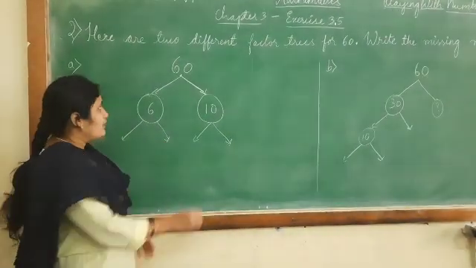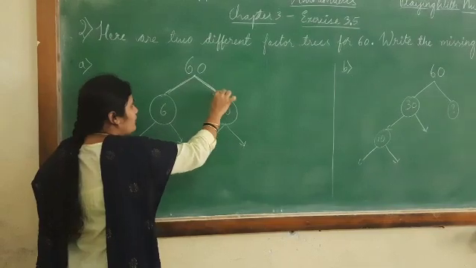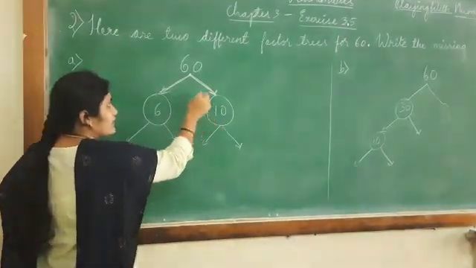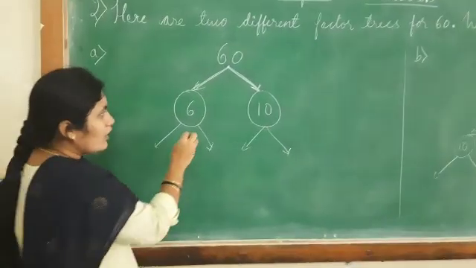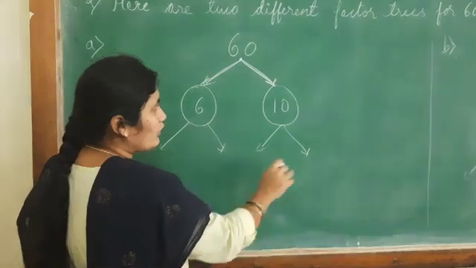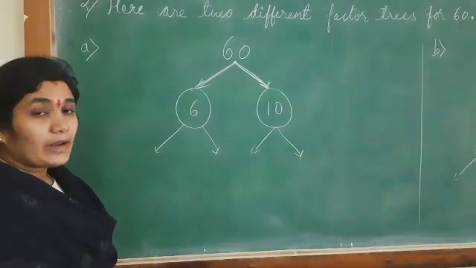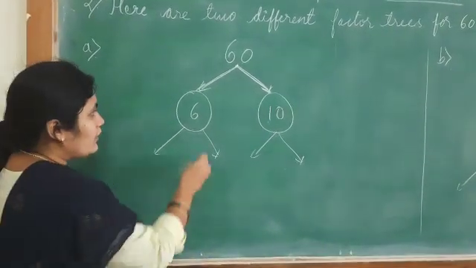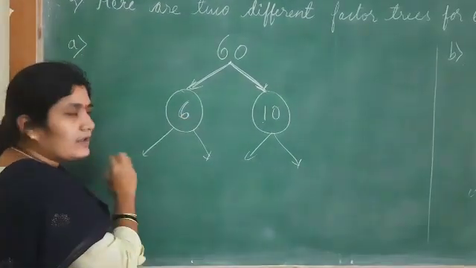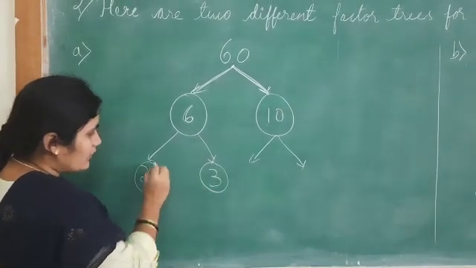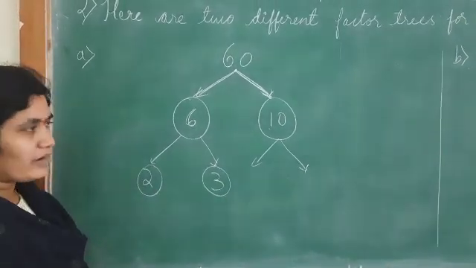How to divide 60? First, 60 can be written as 6 into 10. 6 tens are 60. Now, as we have two factors, both composite numbers, we should write all the factors as prime numbers because we need to do prime factorization of a factor tree. Now, let me write 6. 6 can be written as 2 into 3. As you can see here, 2 and 3 both are prime factors.